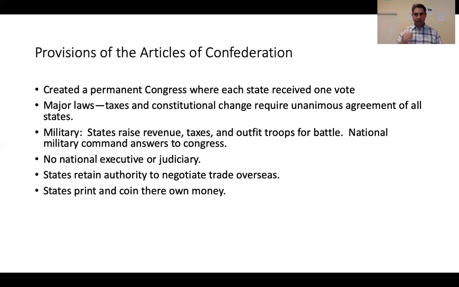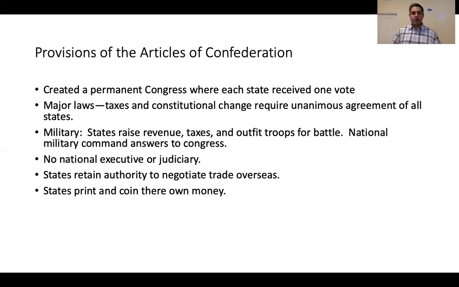Now, if you've seen the lectures on collective action and transaction and conformity costs, you should already be anticipating that this may be a difficult way of making decisions. Because it's true that conformity costs under the Articles of Confederation will be low. If anyone doesn't want to live under a law, all they have to do is not vote for it and the law's not made. But the transaction costs are going to be very, very high. It's going to be hard to get each of these governments to agree.